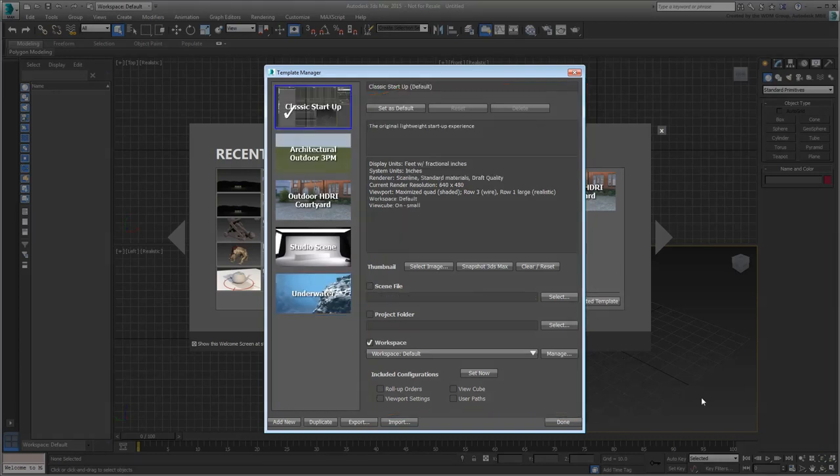Before going any further, let us discuss what a default template is. You'll notice that currently, the classic startup template has a check mark in its thumbnail. This is an indication that it is set as the default template, also shown in its title. A default template goes into effect every time you restart or reset 3ds Max. In essence, since the classic template is empty to start with, resetting 3ds Max will give you the familiar empty